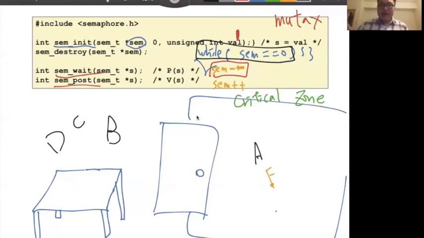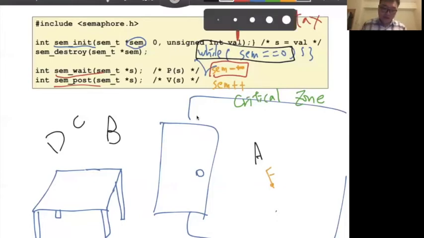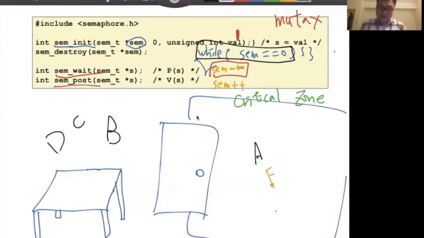So I can allow 3 customers coming to the restaurant and sit in the restaurant, right? But if I allow more than 3 customers coming to a restaurant, then I don't have a seat. So it's causing a problem. So this is possible, right? So in this case, we can use the semaphore. We can use multiple semaphores, what we call a counting semaphore, to support the source code like